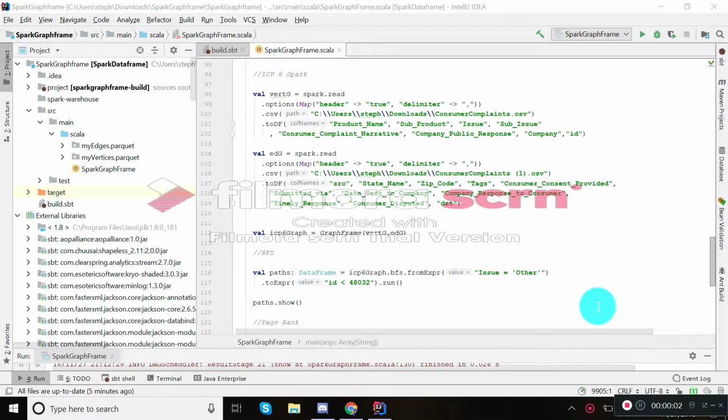Hi, Stephanie here. This is my Spark ICP 6, and I'm probably going to be pausing this video a lot, so there'll be little jumps, because when I run this, it's going to take a while to run all of these. Just heads up. So first off, here is where I create my first two data frames from the consumer